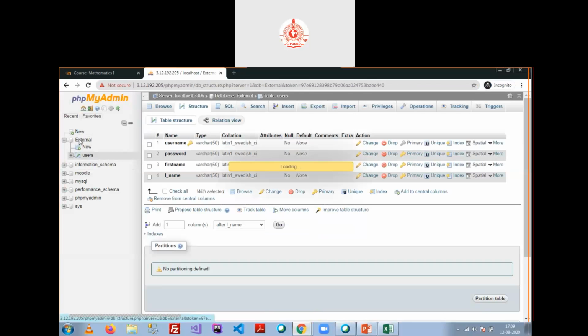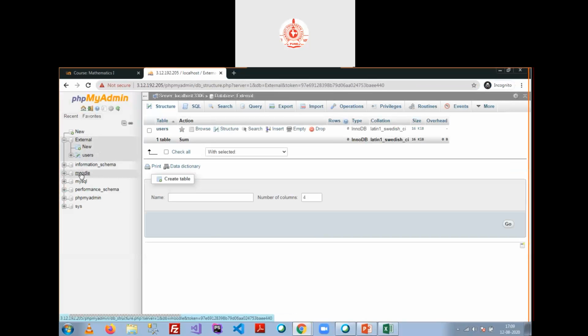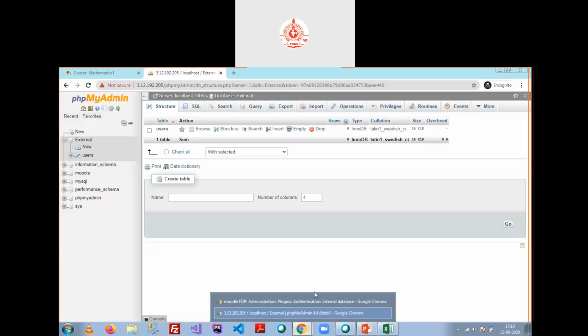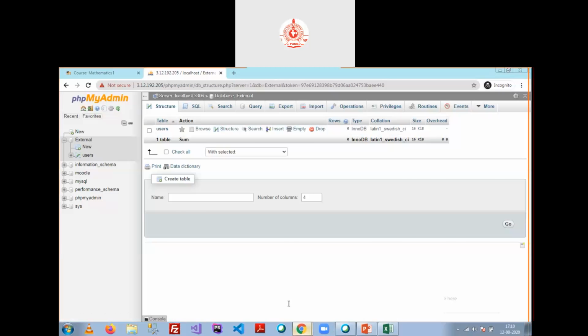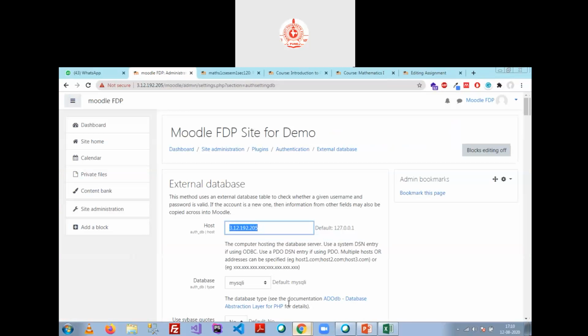This is my external database folder, and this is basically my Moodle database. So if it is in the same system, what can I do? I just type there localhost. If it is not the same, then you can type the IP of that local system which is actually hosting your database.